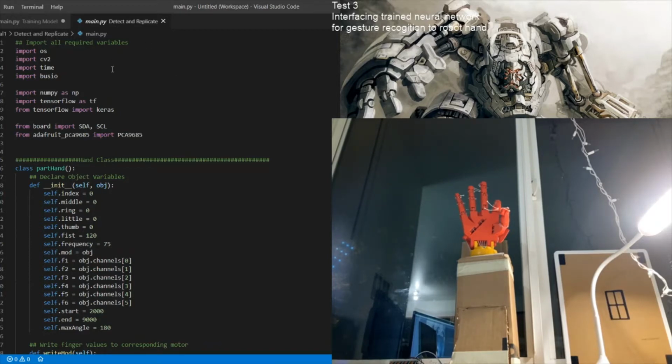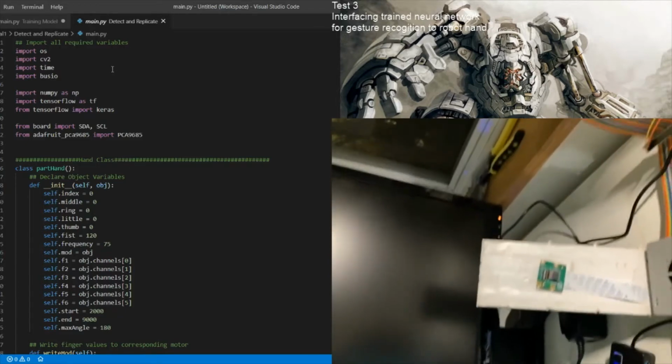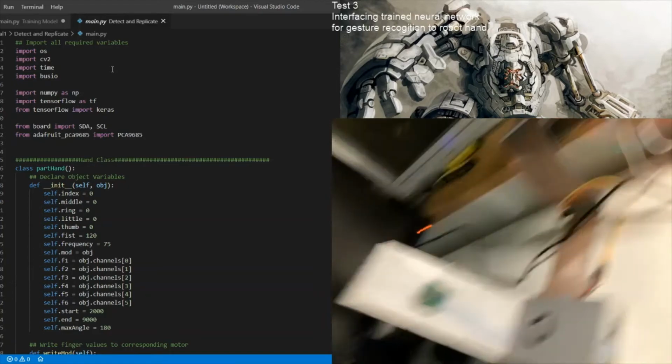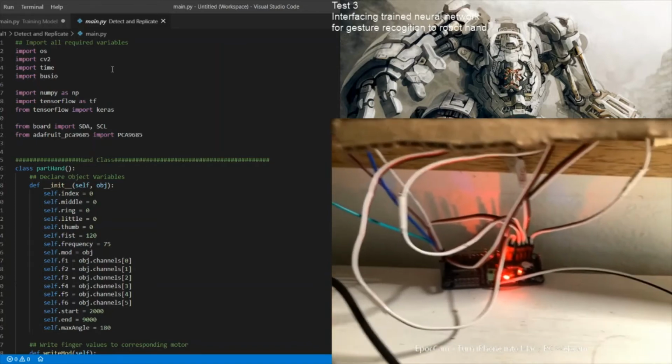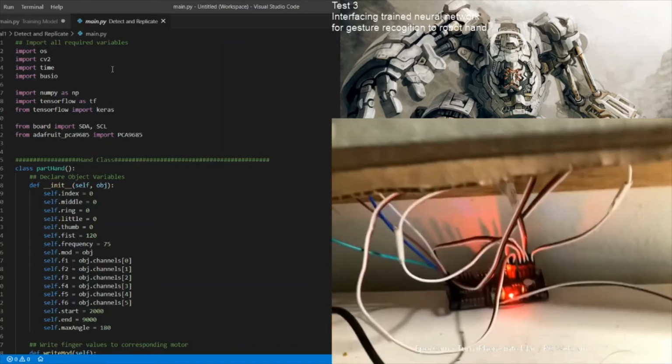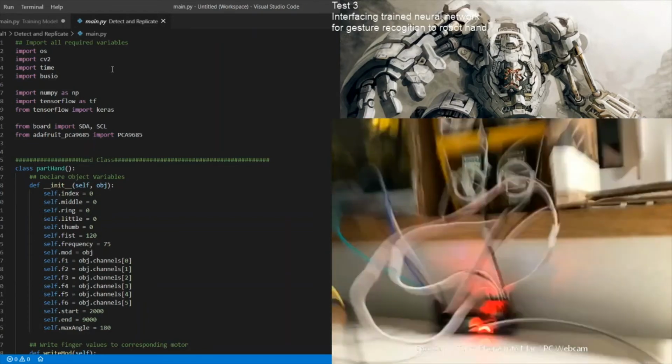Before going into this main detect and replicate file, I'll need to show you the hardware I'm using. Here I'm using a Raspberry Pi with the RPi camera version 2, and a PCA9685 module. This module I'm using to control all the motors which are inside here.